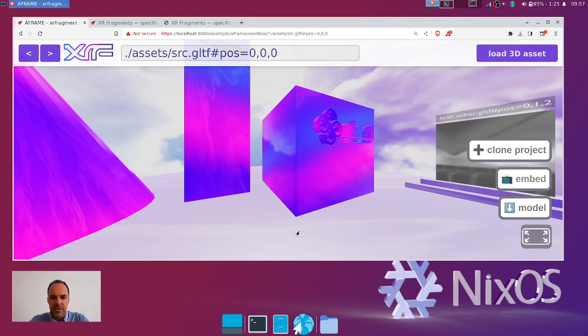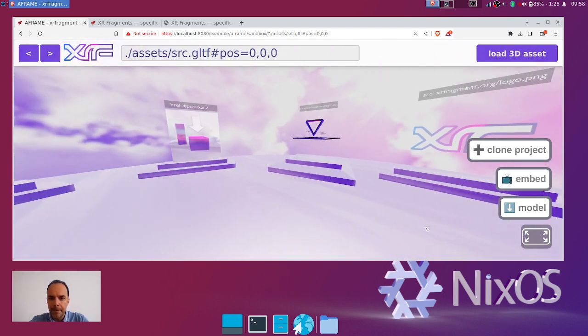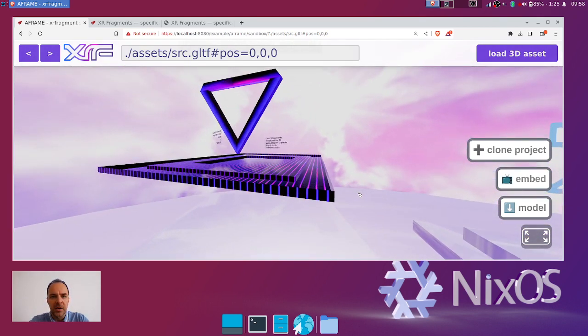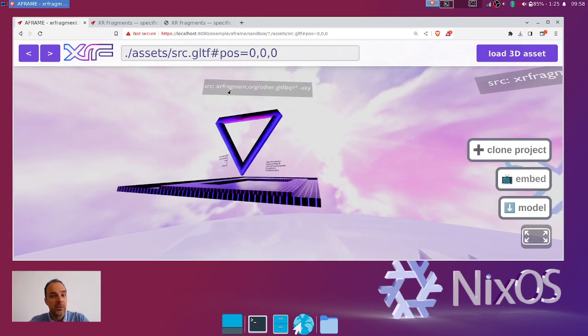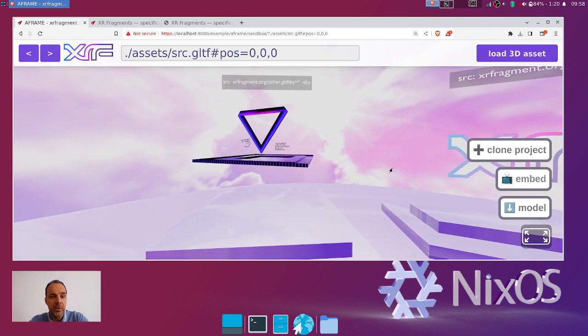So once it's loaded, you can see a remote SRC value here. Here you can see that it's lazy loading this other.gltf file. And this is a really cool way to render or preview remote content. So this allows you to create a huge network of files, worlds, even style sheets, because you could, in theory, just have a style